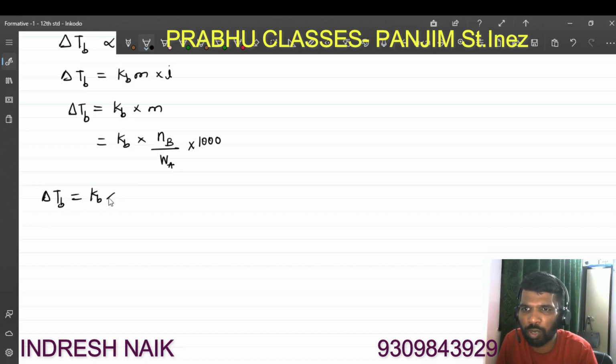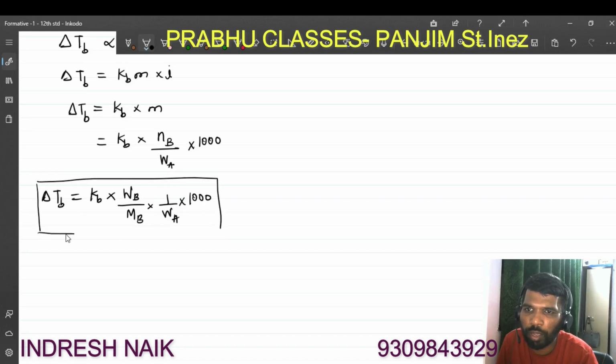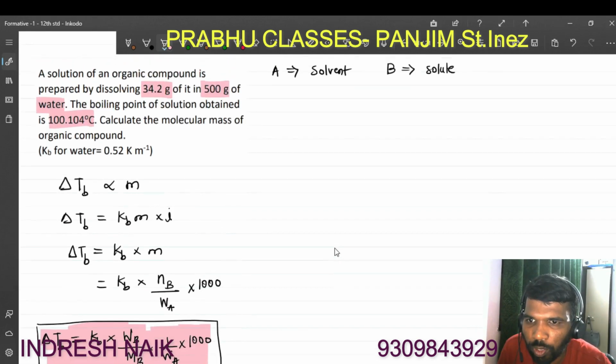So nB is equal to what? Number of moles of solute, that is equal to WB upon MB. Weight of the solute upon molar mass of the solute, upon WA into 1000. So this is my final formula, and we can easily use this formula for calculation of what is asked. So coming back to the question,